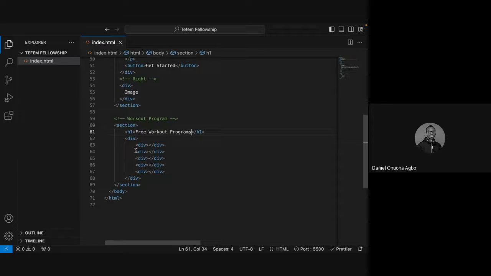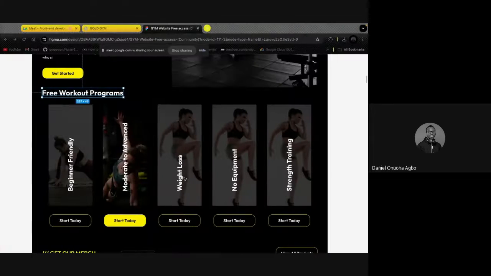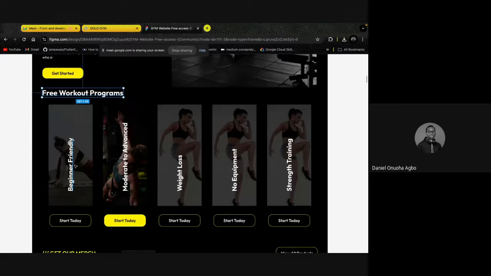Then here is where I have beginners friendly. There is something inside this div: a div that contains an image on the right-hand side, and a button. How do we go about this? I'm going to put in this and this. So I have to create a div and a button. Then inside this div, I have